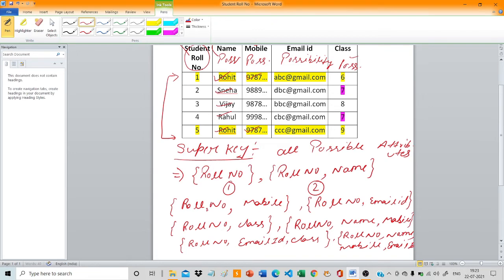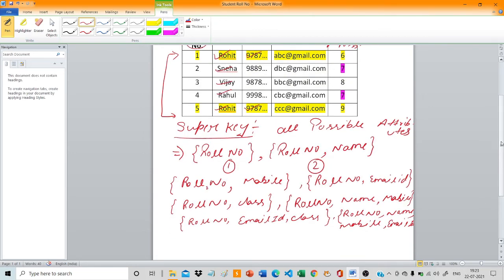And at the last you can take five combinations: roll number, name, mobile, email ID, and class. Clear?